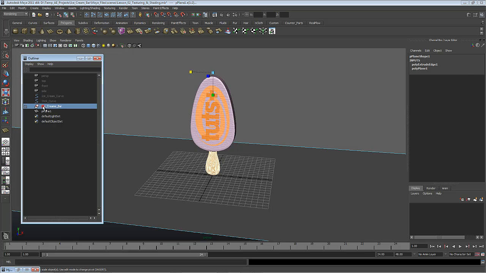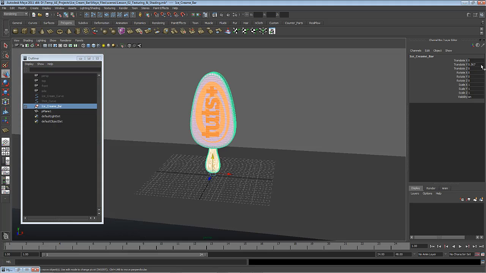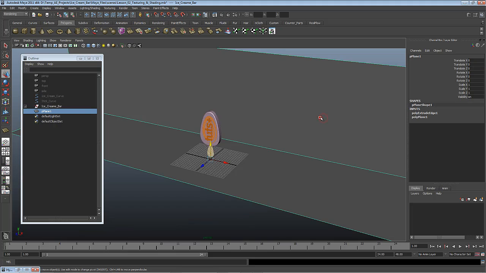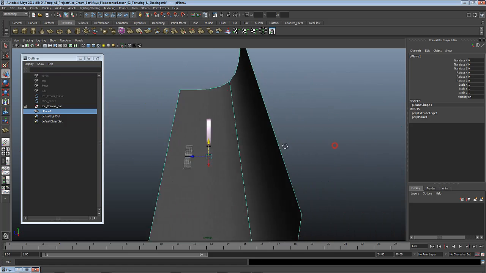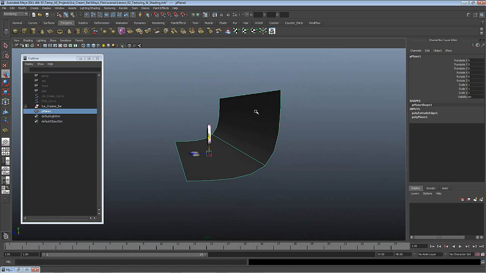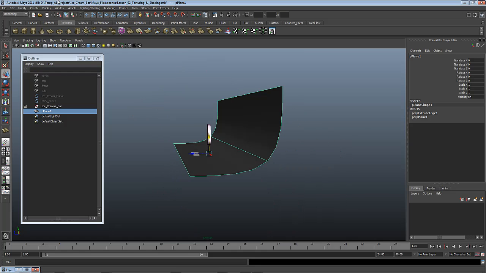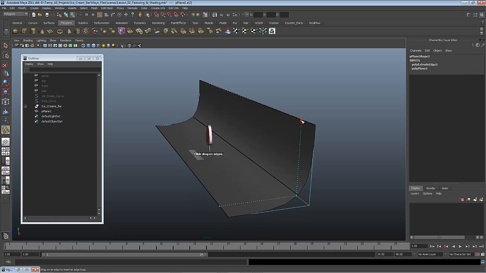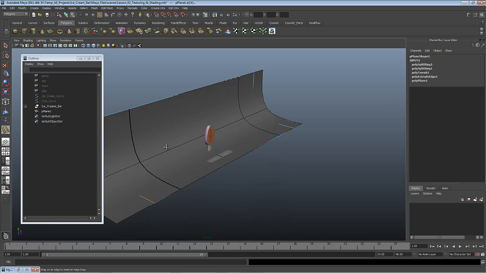And I do want the ice cream to be a bit above the backdrop, let's say 0.5 should be fine, or even 1. And let's mark the backdrop, and on the keyboard hit 3. And now it's a very smooth rounded backdrop, and I think we can add some more divisions here. So let's go to polygons, edit mesh, insert edge loop tool, one here and one here,